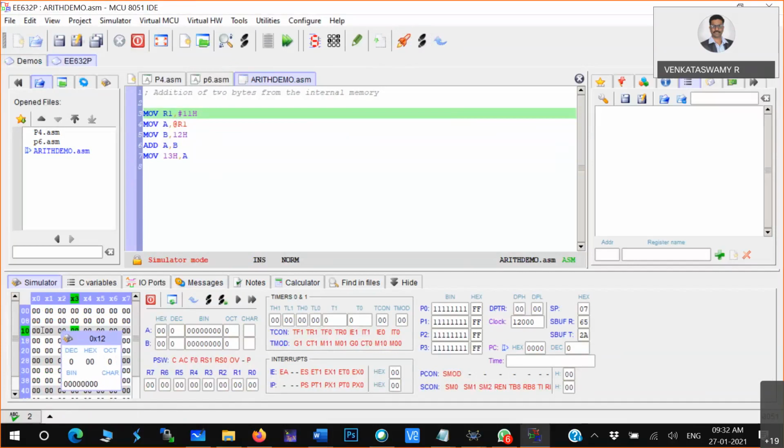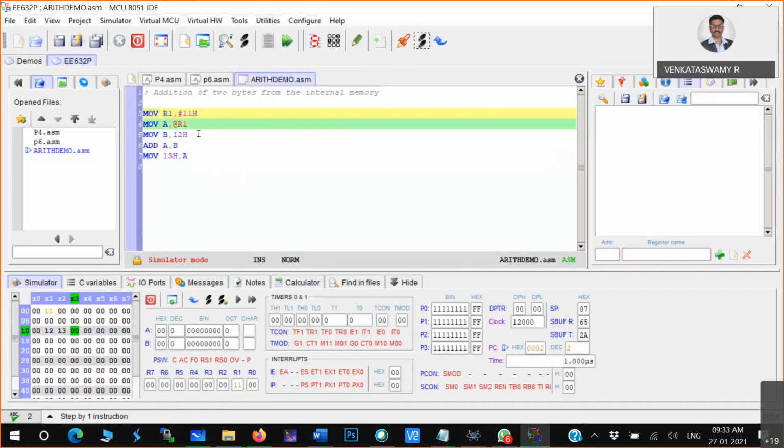Okay, so what I'll do, I'll just keep some number, 12, 13 something. 12, 13 is there. Now when I run this code, after running the first instruction, R1 became 11. So now what it has to do: whatever data is present in R1 will act as an address, and then it will go to that particular address and take the data. So this is basically called indirect addressing. Okay, indirect addressing, as opposed to direct data or register data.